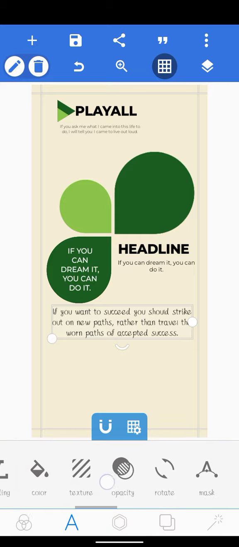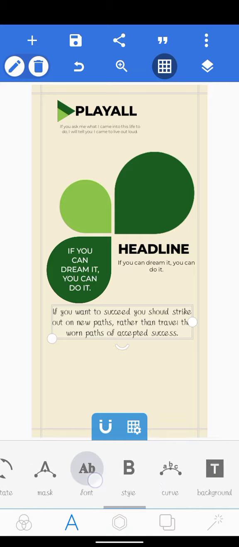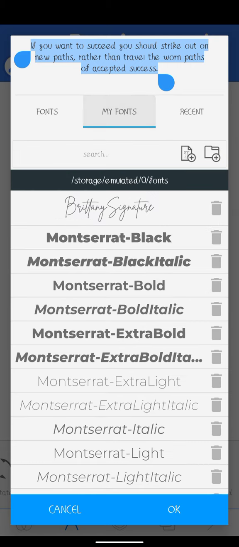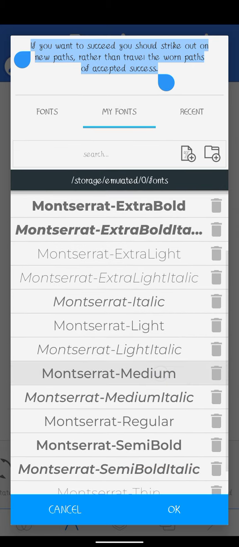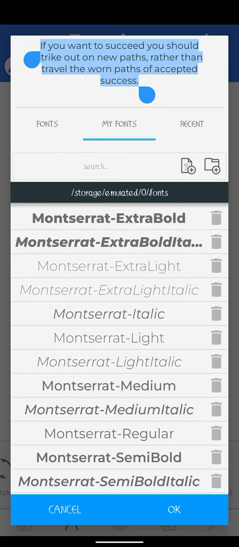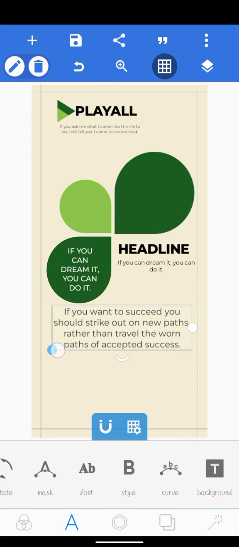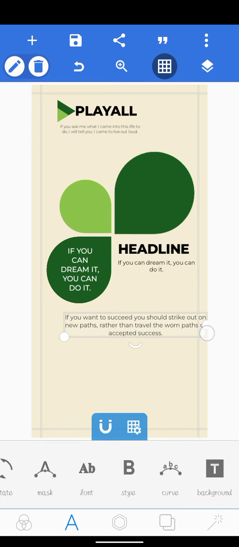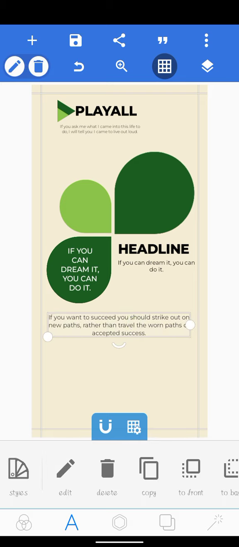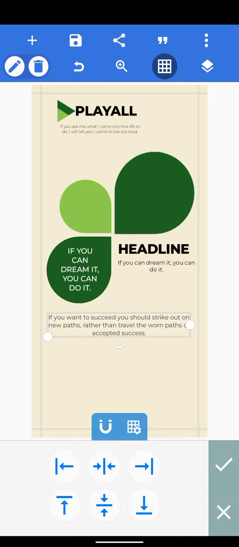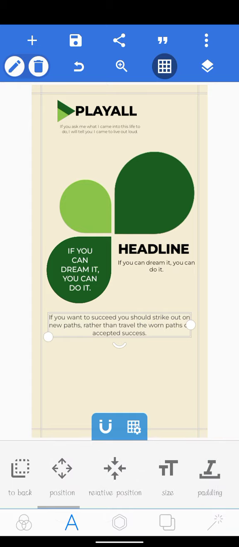Okay. Then we'll change our font using Montserrat Medium, and this is Regular. Click on OK. Reduce the size and drag this out, and there we have it. So we can come to our relative position and align it to the center. So we'll come here and we'll lock this. After we're done with that, next we're going to